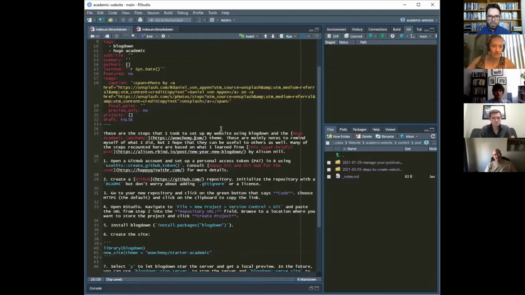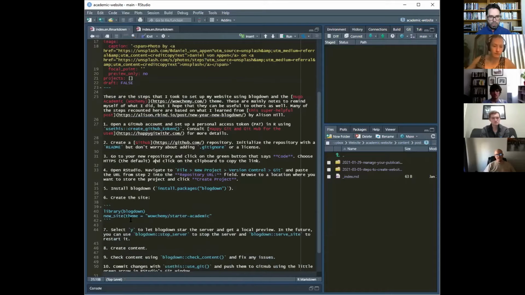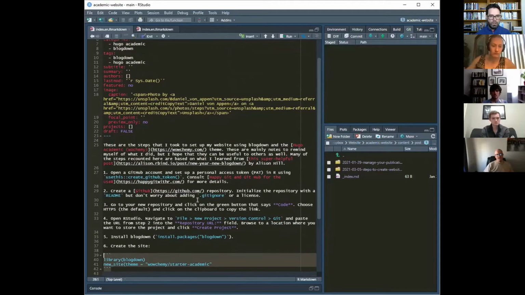These are the steps that I took to set up my website using Blogdown and the Hugo Academic Wowchemy theme. And so all the stuff that you can do with Markdown, obviously you can do in these posts. You can insert a URL like that. You can insert code chunks inline, or you can insert code chunks, R code like that. You can have